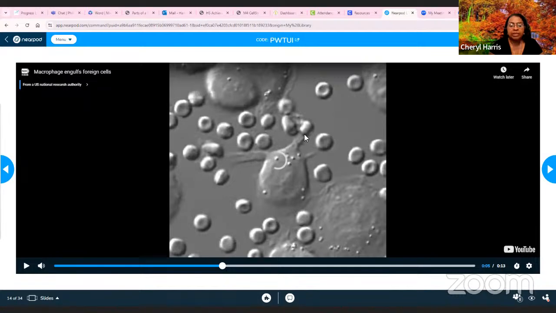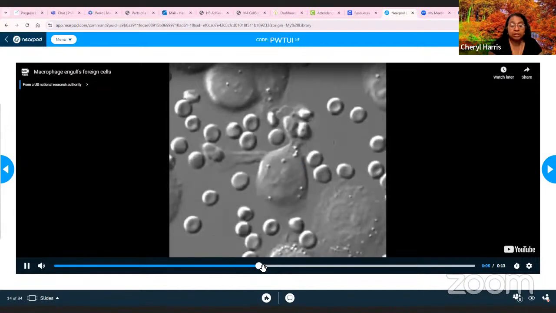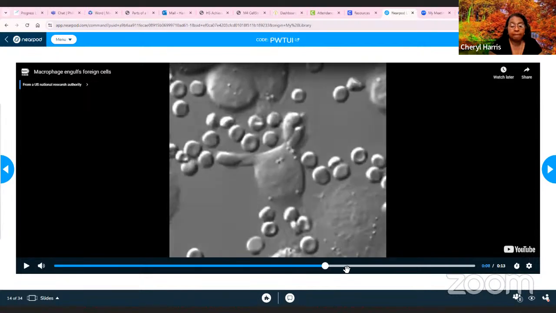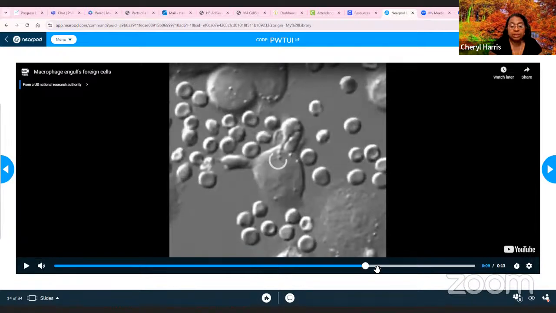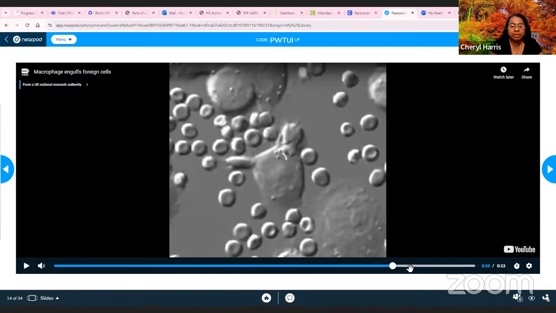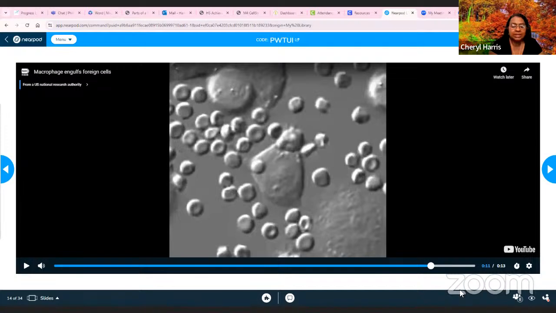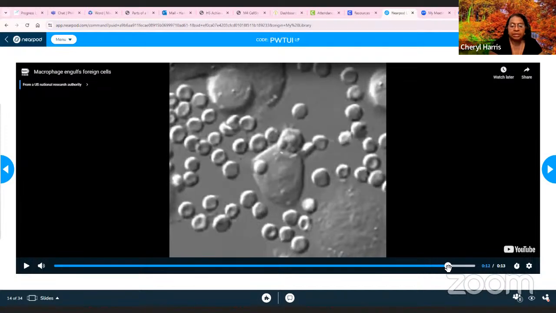All right, at the very top here, it looks like the cell membrane has these extensions, and all it did was extend itself so that it can wrap itself around those cells. And once it does that, it pulls it inside. So the passage explained that it's engulfing as many of those red blood cells as it can. And once it gets inside the cell, enzymes will break down the contents of that, and then they'll spit out the waste products. All right, so I'm going to go on to the next part.